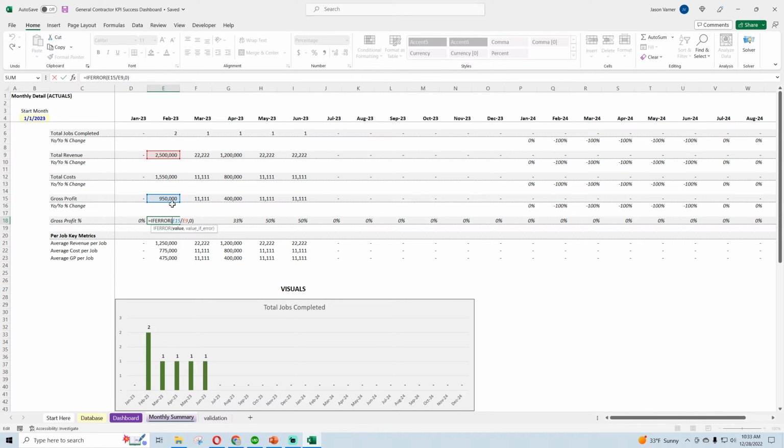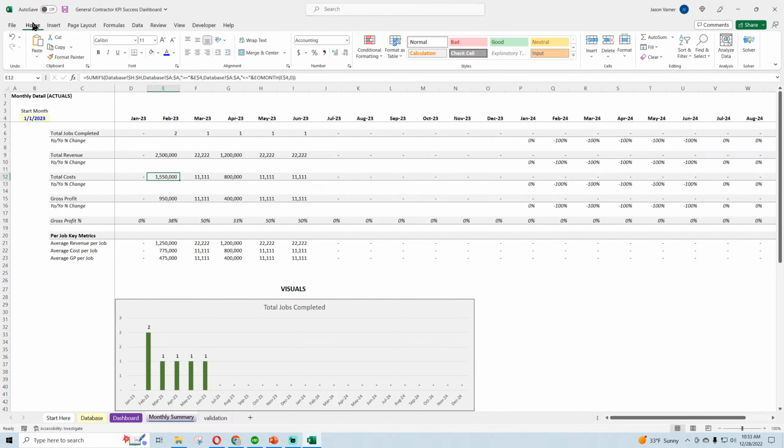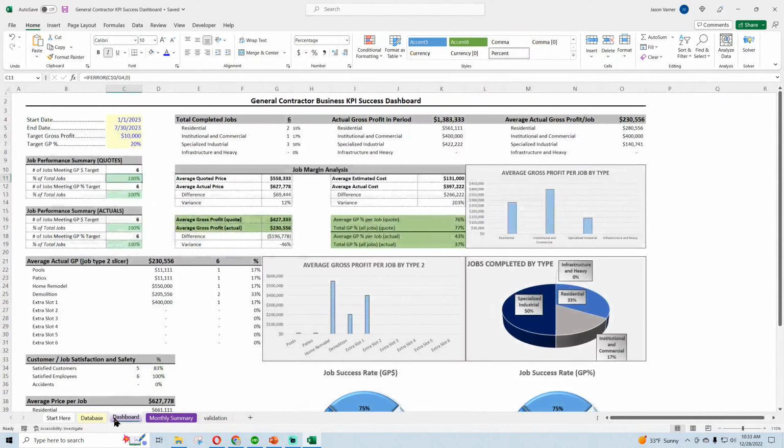I believe, let's just check. So gross profit, revenue, actual, and these are all actuals. These are not quote data. It's just actuals. On our dashboard, we are comparing how your quotes are turning out relative to the actual result of the jobs. So it's looking at quotes and then actuals on a lot of these job margin analysis